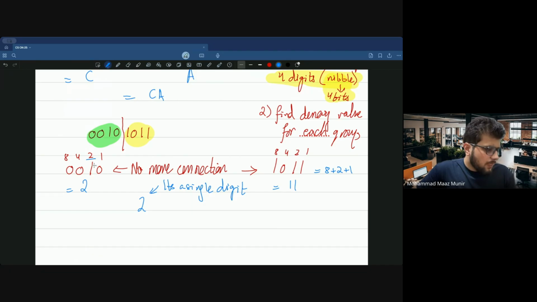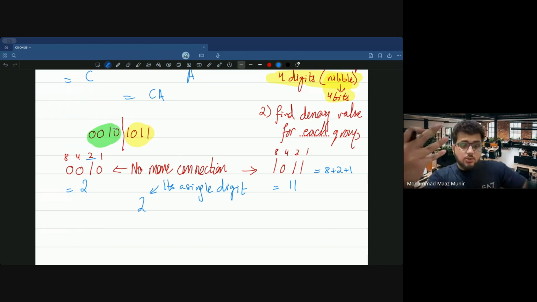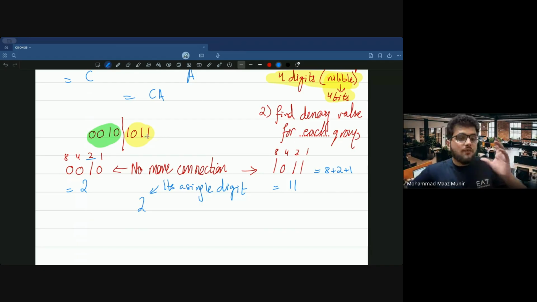Basically, when you break a big binary group into sets of four digits, you see I broke this big binary number, which was 8 bits initially, 1, 2, 3, 4, 5, 6, 7, 8. It was 8 bits, but I broke this into groups of four. I had a group of four, 1, 2, 3, 4, and a second group, 1, 2, 3, 4. I broke it into groups because when you are dealing with hexadecimal,